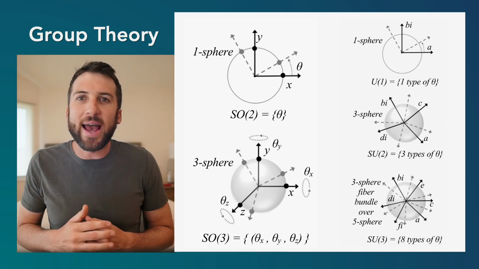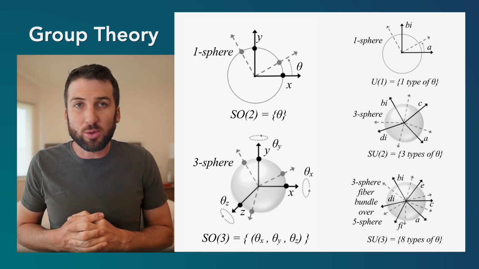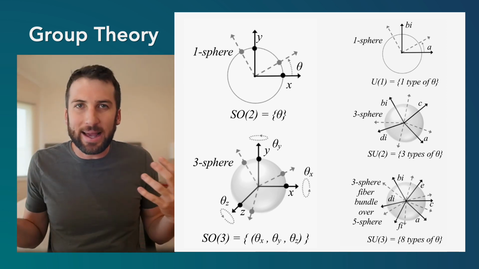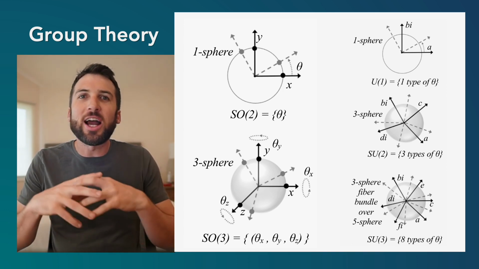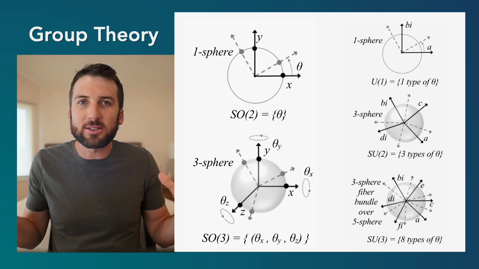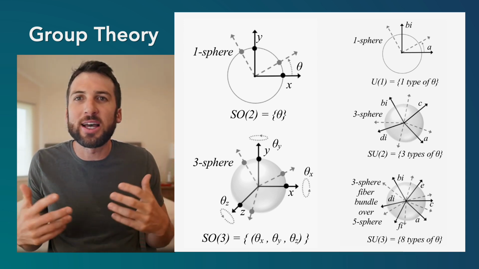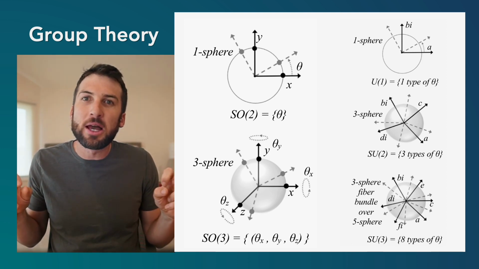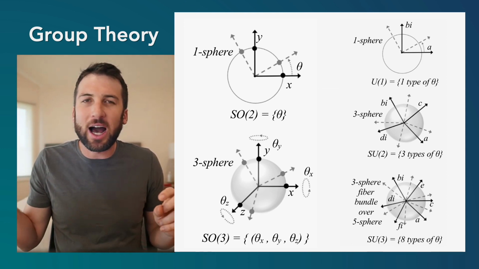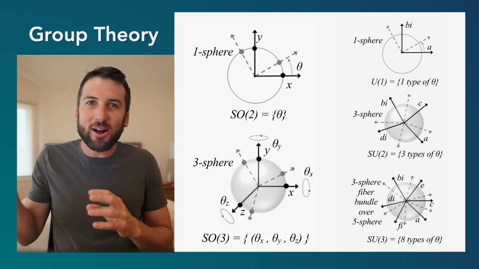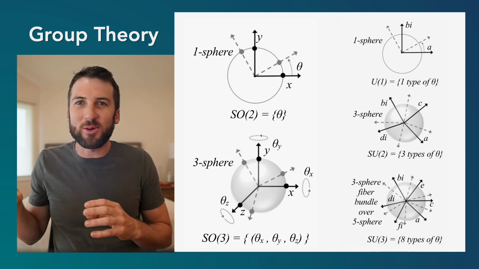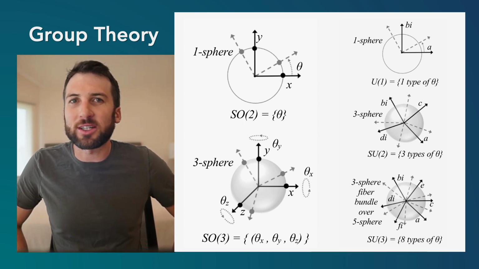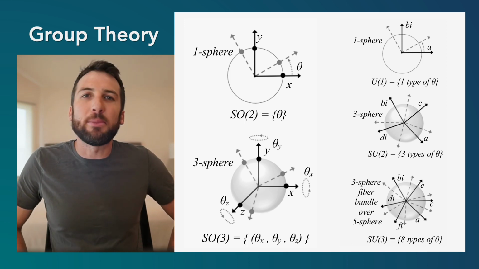Now you can extend this further. So SU3, the special unitary group on 3 complex numbers. Now there's 8 types of angular rotations, and the geometry that would encapsulate all the various rotations of these 3 complex numbers is this kind of complex thing. It's basically like a 3-sphere, so this hypersphere, but it's a fiber bundle, which is part of like a Hopf fibration over a 5-sphere. So these kind of fibers of a 3-sphere traced over a 5-sphere. We won't get into all these various geometric spaces which can allow all these groups, but what's really key to note